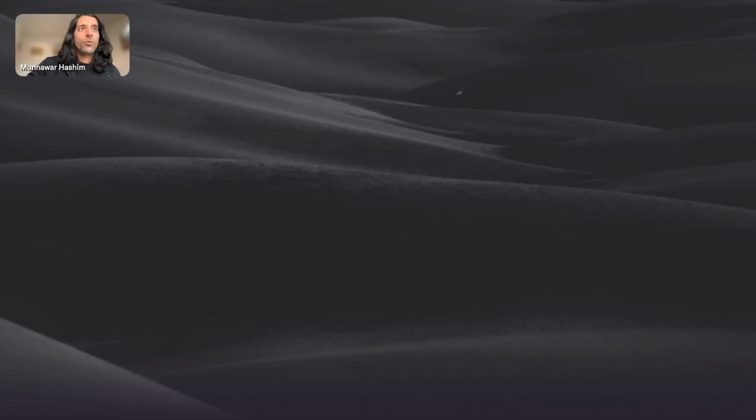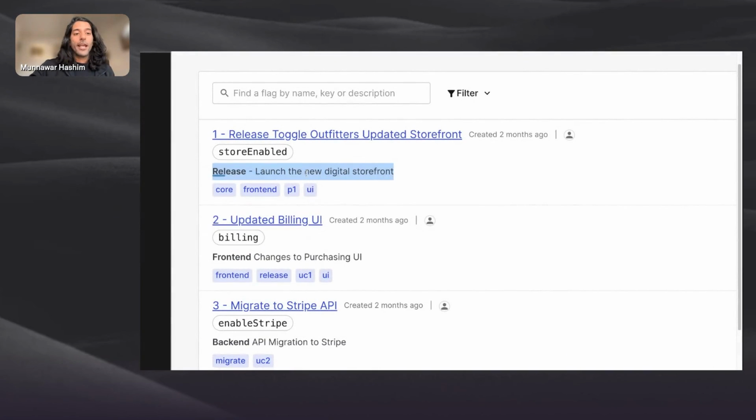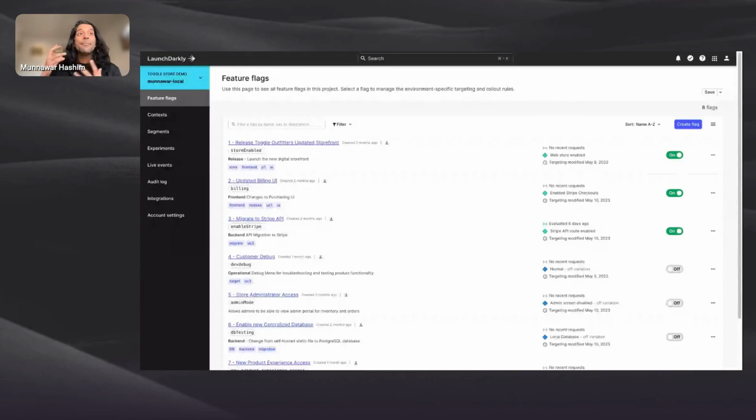When we're working with large teams, that's clear naming of your flags and just ensuring that we have accurate descriptions, so team members know what each flag does and why it exists where it does. The second thing we have is something called custom roles, and this is more of an actionable thing that you